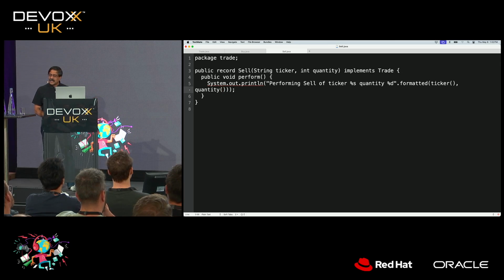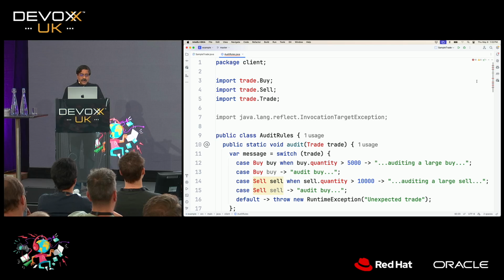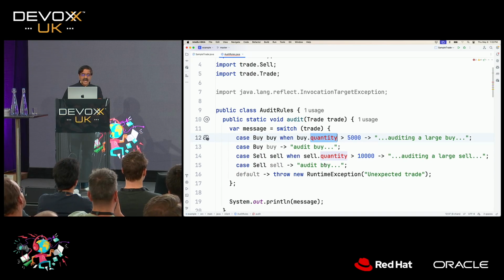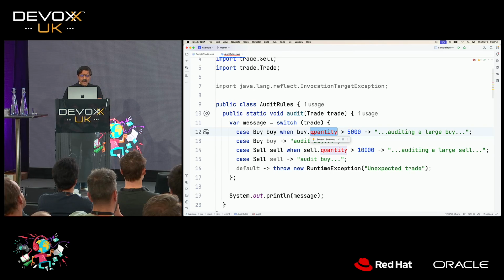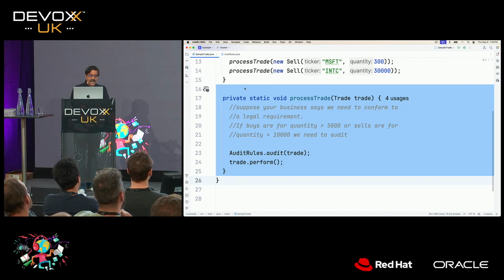So now that we made the change, what is the benefit we're going to get? If the third party goes through the change and gives us a version of it, then we can say, aha, here in this case, we can take the quantity, and similarly, we can take this quantity and work with it. And let's see if the code is still working before we make more changes to it.